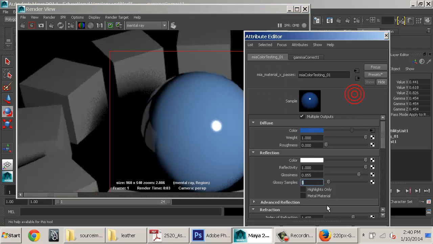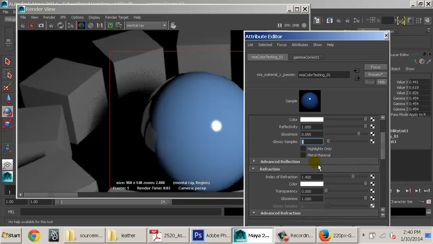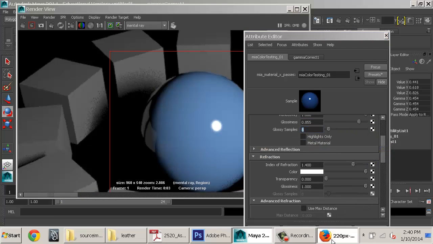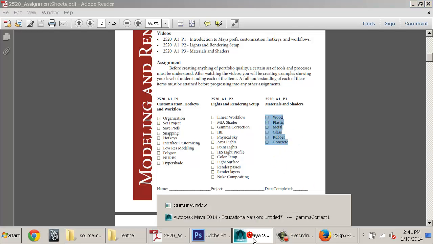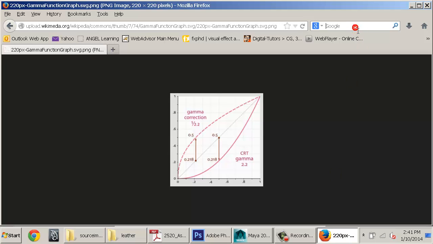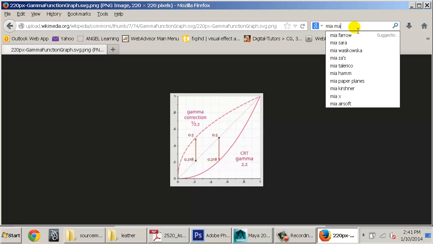So a lot of these things that we're seeing are basically different ways we can emulate different types of surfaces. And I don't need that, I need this. And when we do this one, we'll talk more about these specific things and how to emulate these specific items. There's also this great thing, if you just go to Google and type in Mia material